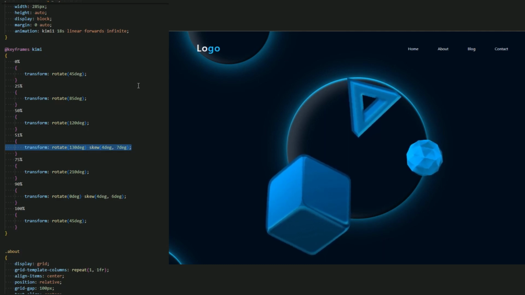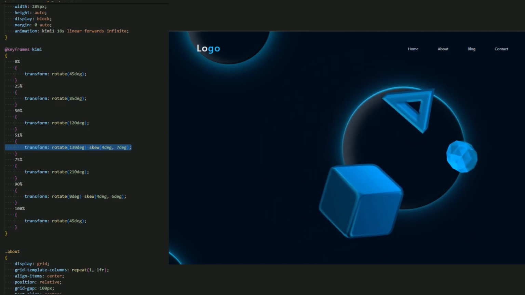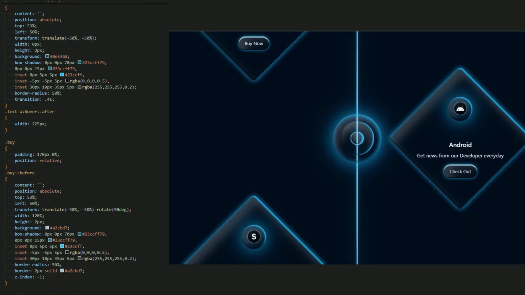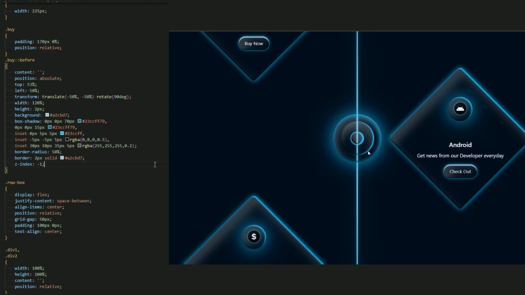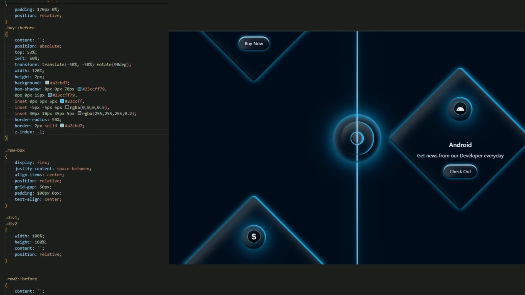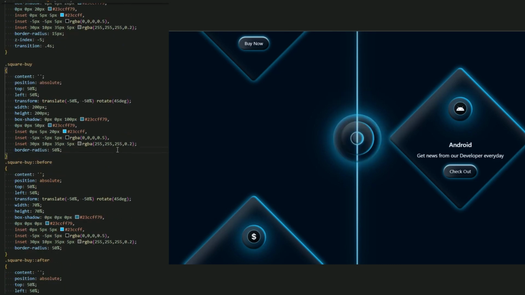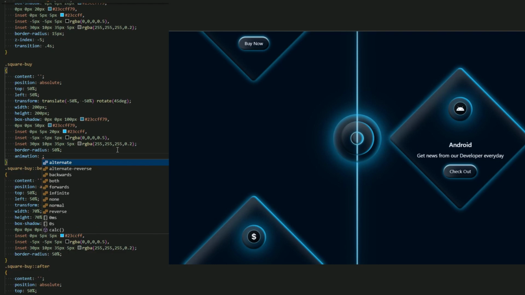Hope you like it, guys. Anyway, let's go for the next animation, and let me add it in this center. As you can see, in the center of this is a circle. So I want to add a new animation instead of the Kimi. So let me just find it. Squared by, yes, here we go. Animation. Let's name it Kimi 2.